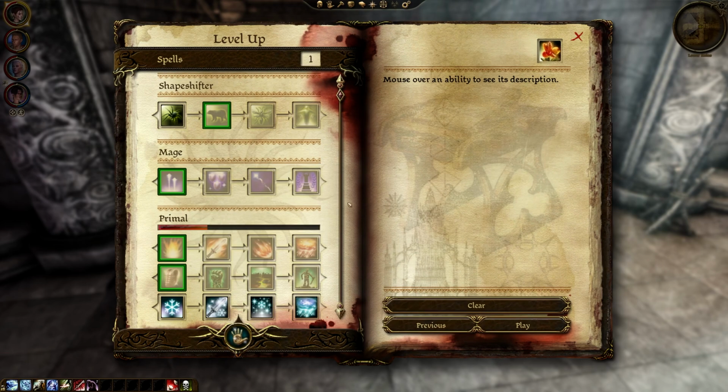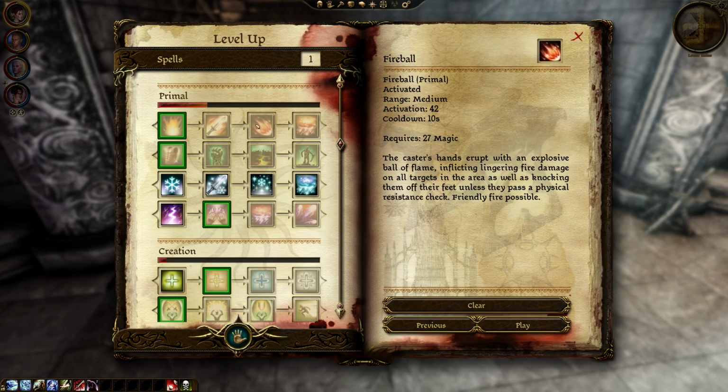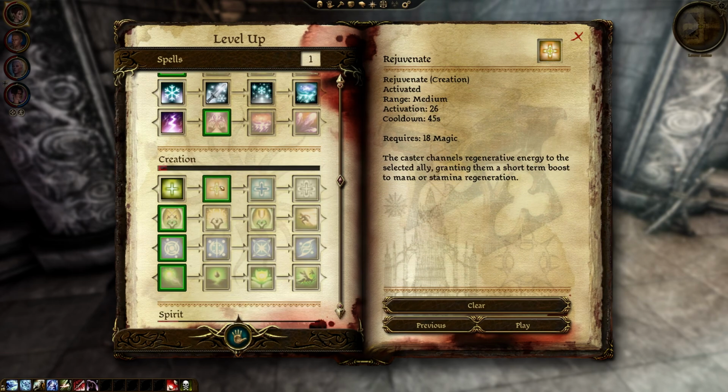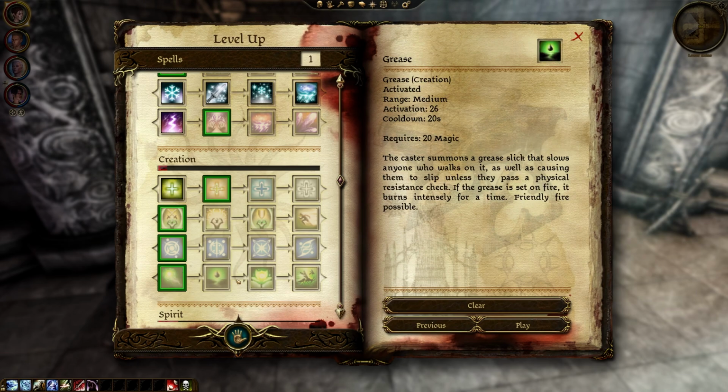I prefer combat tactics. What should we grab? What shall we grab? Friendly fire possible. Just more healing spells, I guess. Maybe it's a good idea to get something like...